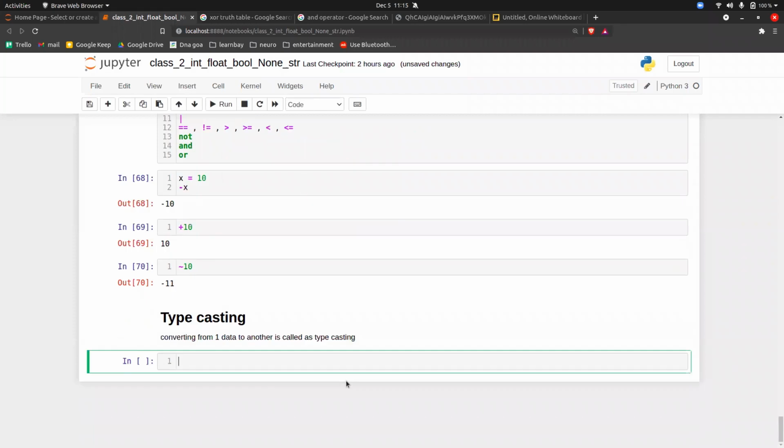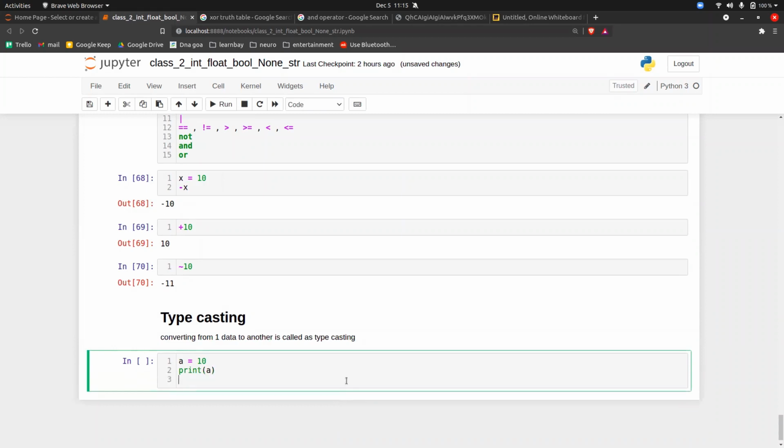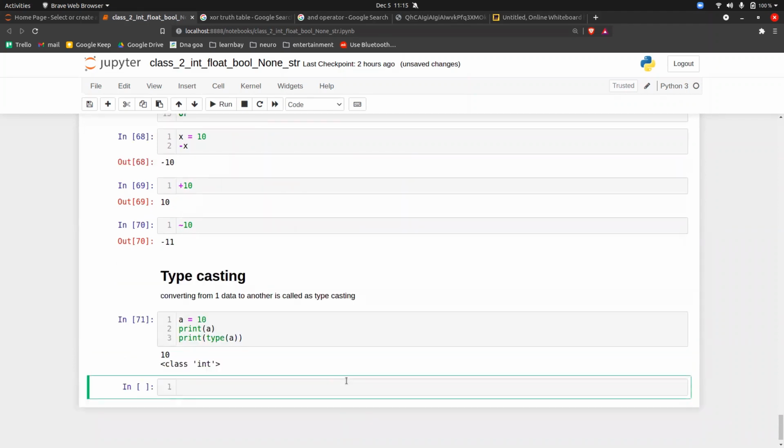A is equal to 10. So if I do print of A, and print type of A, line number 2 will give me the value and line number 3 will give me the type. If I execute it, the type is integer.